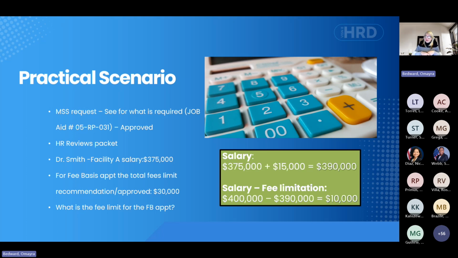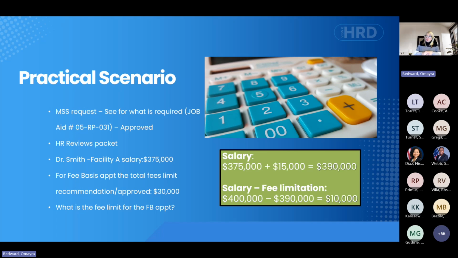Off the top of my head, it has the CV, the justification, and the memo for the appointment as a fee basis, as a dual appointment. It has to include that. Remember, we have to provide the director with as much information as possible to see if he provides the approval for that. Okay. HR is going to review this packet. You're going to make sure that it is correct and that it meets all the requirements.